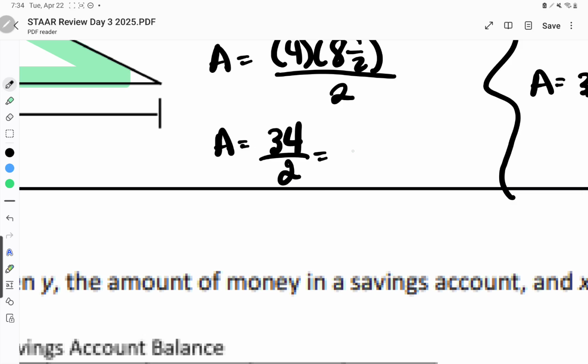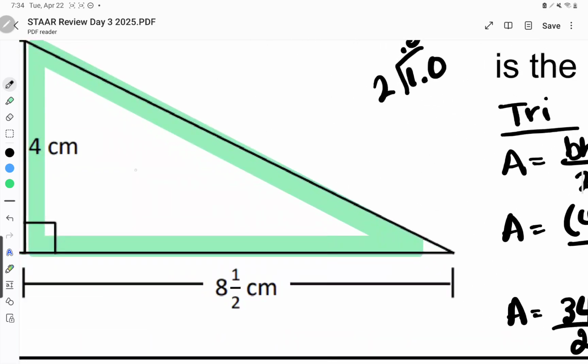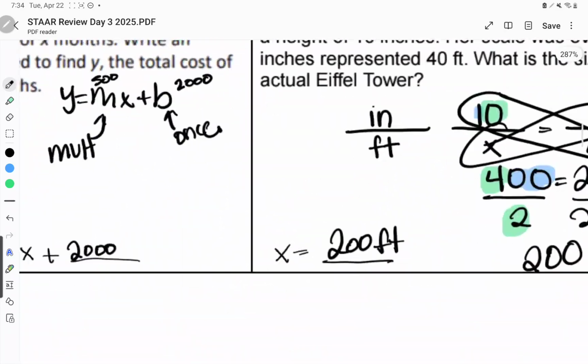And then we have 34 divided by 2. And 34 divided by 2 gives me 17. So this right here is 17. Then we have